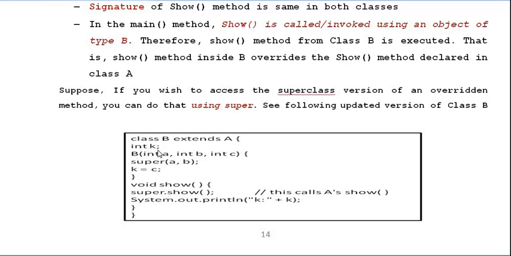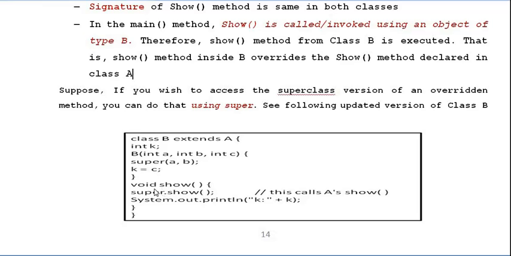So making changes in the class B, slight changes in this one, that is changes here is super.show. Inside the show method we are calling it. So what happens if you call super.show here? It calls the base class show method first, then the next statement is going to execute, that is to display